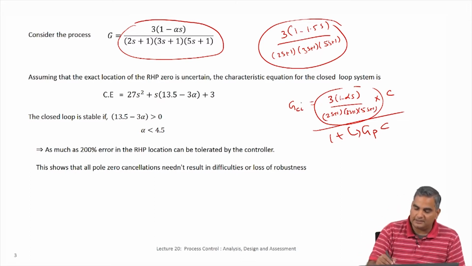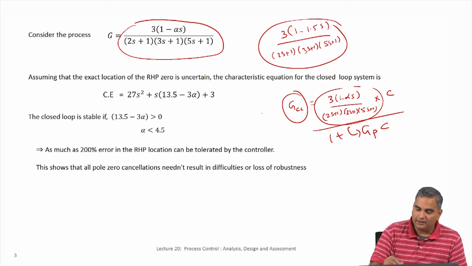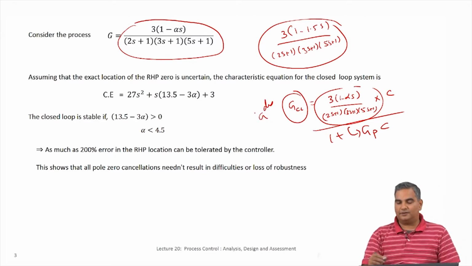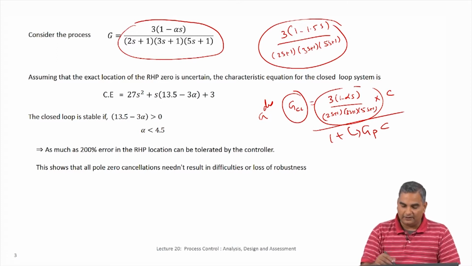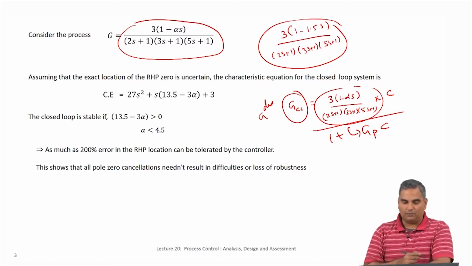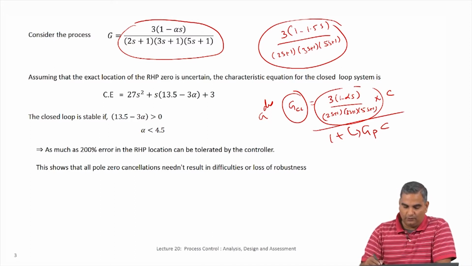So, that G_CL will be different from the G desired that we specified, right, because that difference comes because we calculate the controller using G model here, but the true closed loop is G process times C divided by 1 plus G_P C. Now, if you do all of this algebra and then come up with the closed loop transfer function,